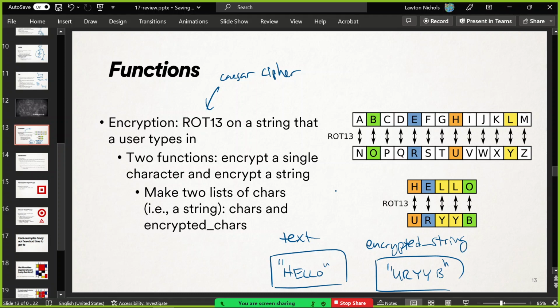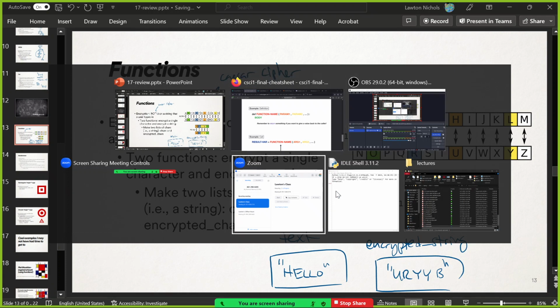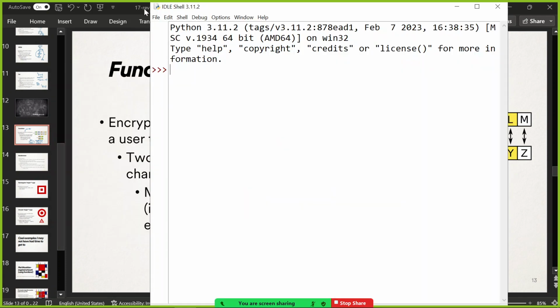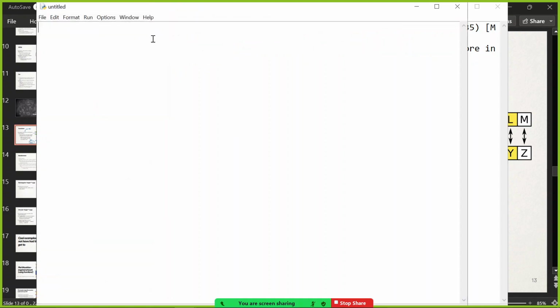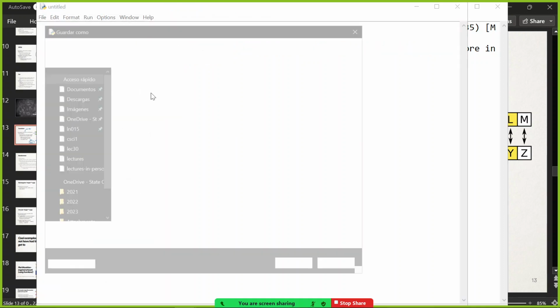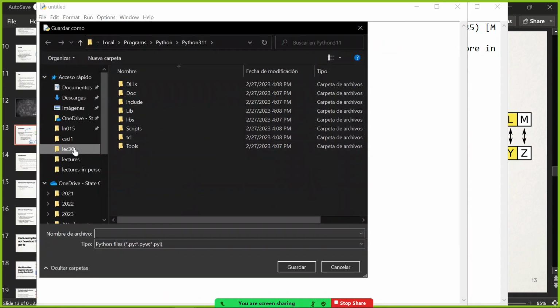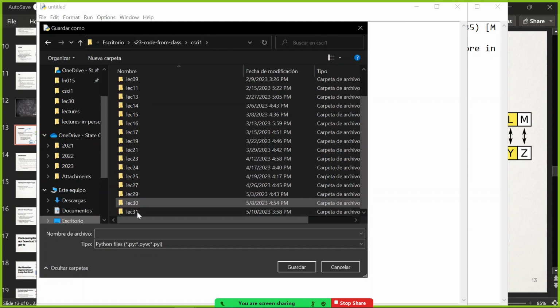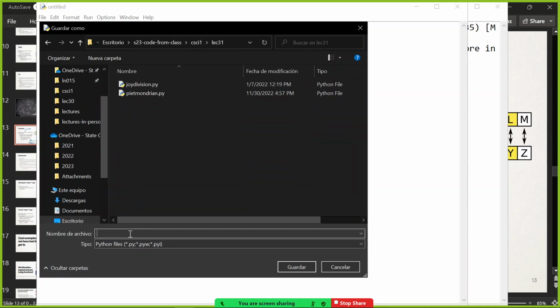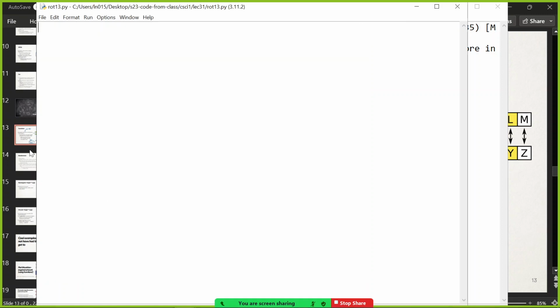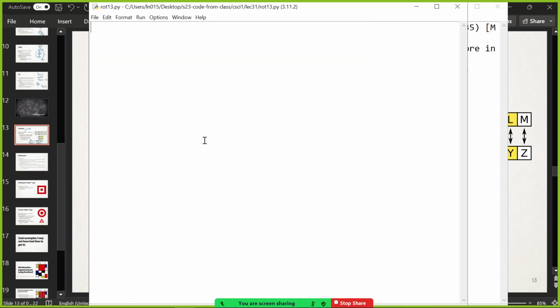And so let's make that. Let's make some functions to deal with the Caesar cipher. And the easiest way, well, let's get some scaffolding started. Let's figure out how we want to use it, and then we'll go from there. That will work. So I will make a new file, and I will put it in our folder for today, which is lecture 31, and I'll call it rot13.py. And so here's how I want to use my little functions. Let's see here. I have some text that I would like to encrypt.